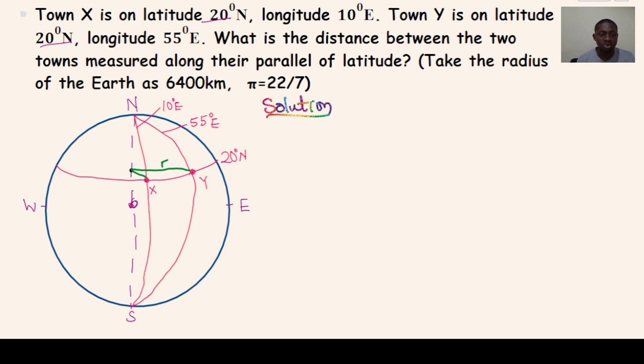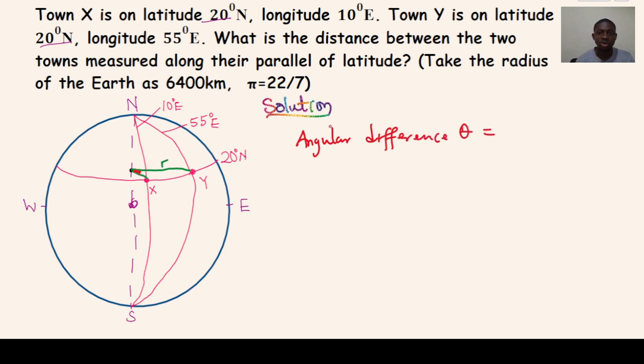Now things we need to determine. From here, we can find the angular difference, that is the angle between these ports, angular difference, which is the theta,